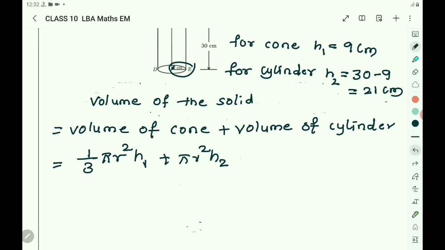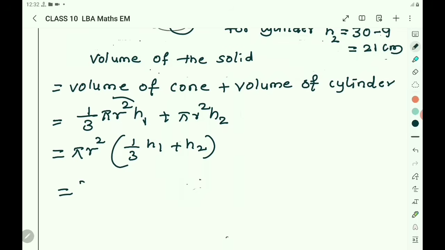Both of them are same. You can remove common. So remove pi r square common. Equals pi r square into, here what is remaining? 1 by 3 h1 plus h2